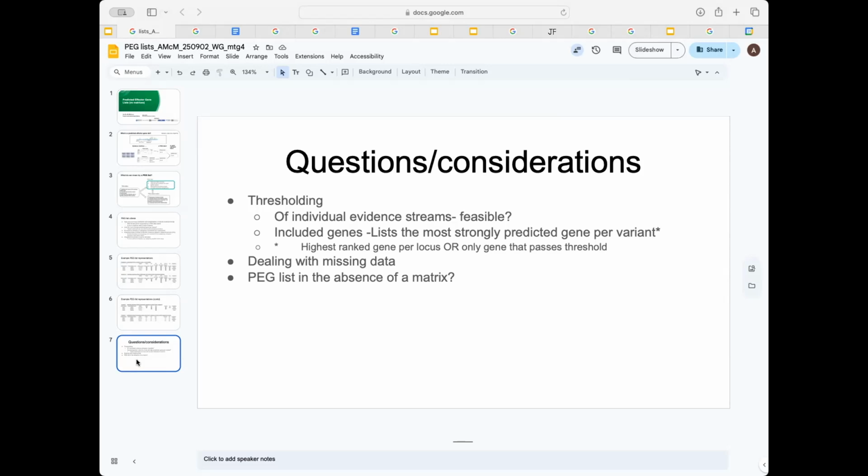How to deal with missing data, and whether it can be called a list if there's no underlying matrix. I guess these are all questions to ponder for the next meeting, since we're 2 minutes away from the end, but happy to take any last minute comments on that.